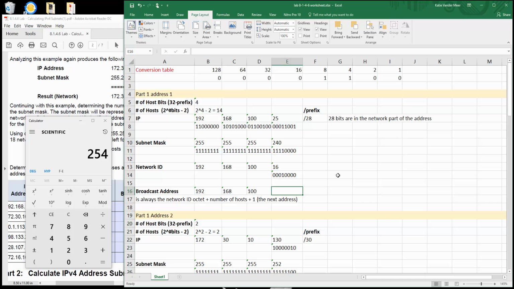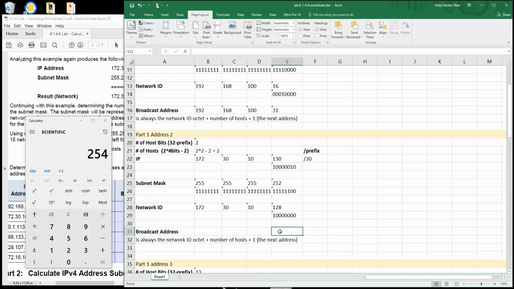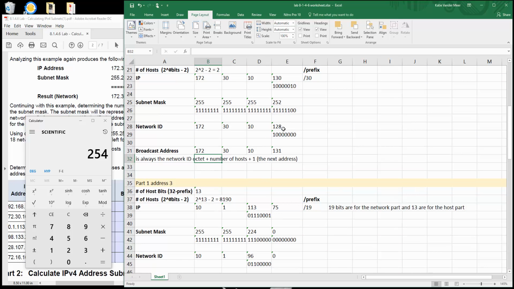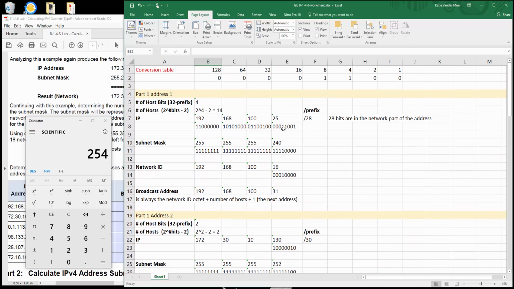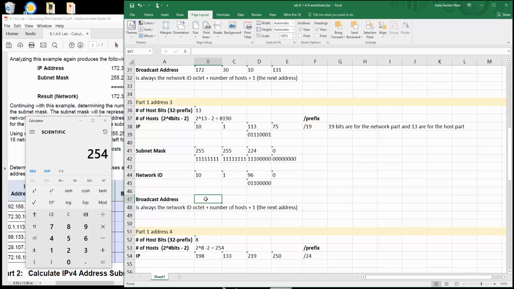The next available ID, that's what's reserved for my broadcast. So that would be 31. So my broadcast, again, is always the network ID octet, the one that you're changing. So this 172.30.10. And then I'm going to take 128 and I'm going to add 2 to it, which is 130. And then I'll add one more to it, so it's .131. Because 2 is how many hosts we have. Okay, address 3, the broadcast,